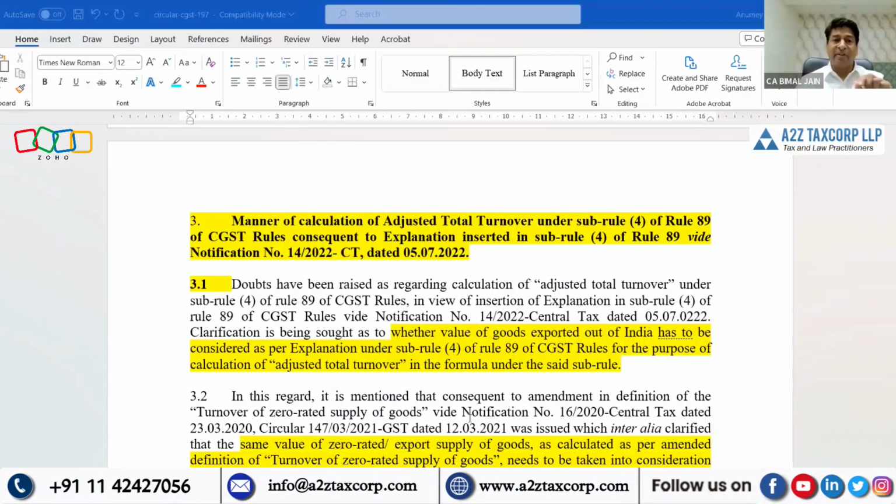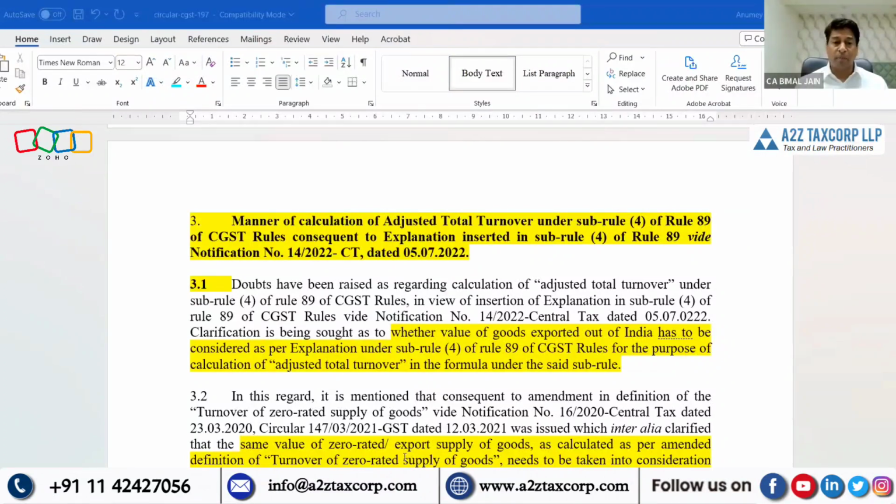Doubt was raised, which you can read in para 3.1. I've colored it for your easy digest. Whether the value of goods exported, with reference to goods exported out of India, has to be considered as per the explanation in rule 89 sub-rule 4 for the purpose of calculation of adjusted total turnover in the formula